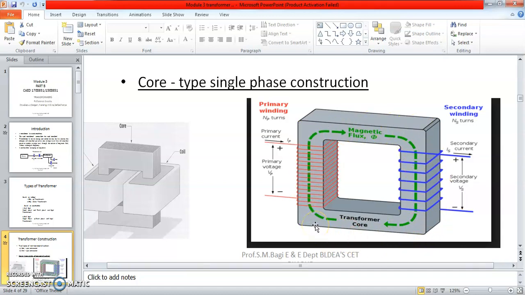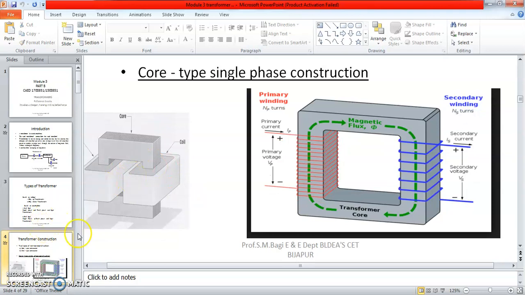Current I2 forms on the secondary with voltage V2. The EMF induced on the secondary is E2 and on the primary E1. This is a single phase core type transformer.